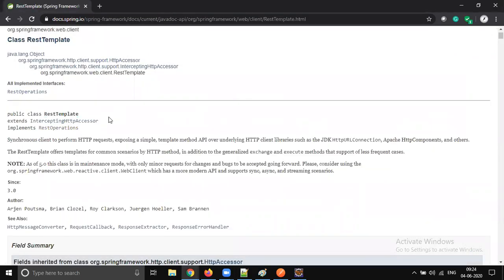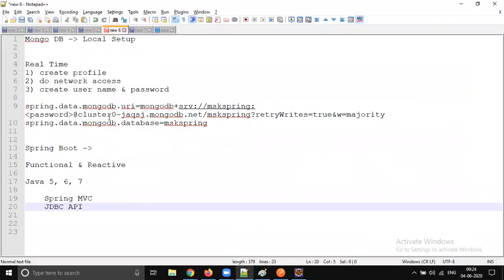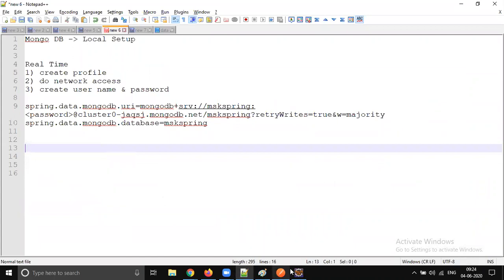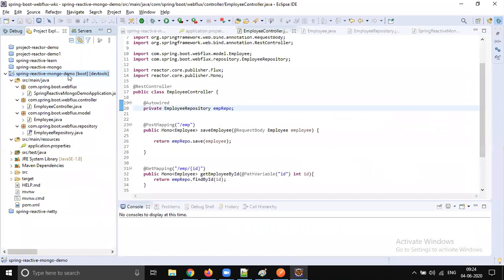So it's going to be a new weapon added into your skill set, right? Reactive programming, like Java reactive programming, is a new weapon added to your skill set. So make sure you practice on a daily basis. Yes. But anyway, let's come back.